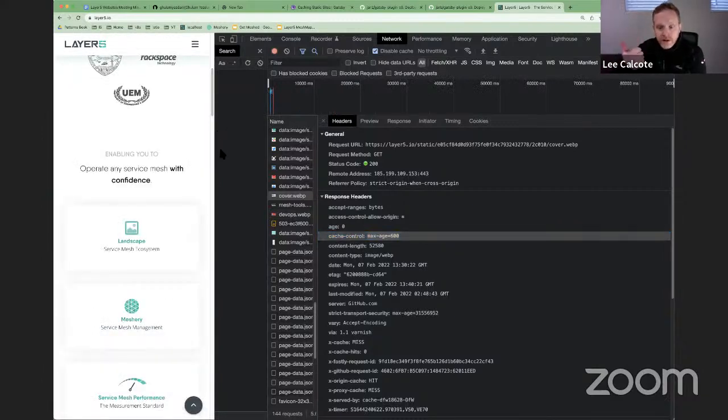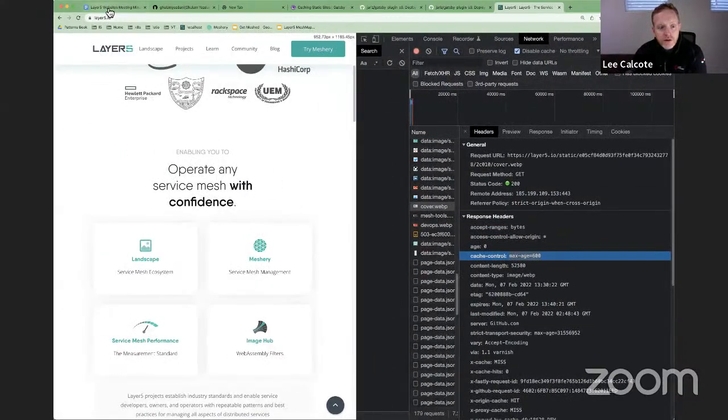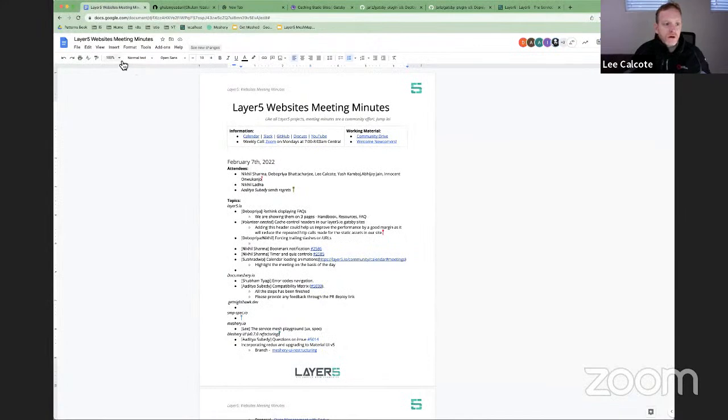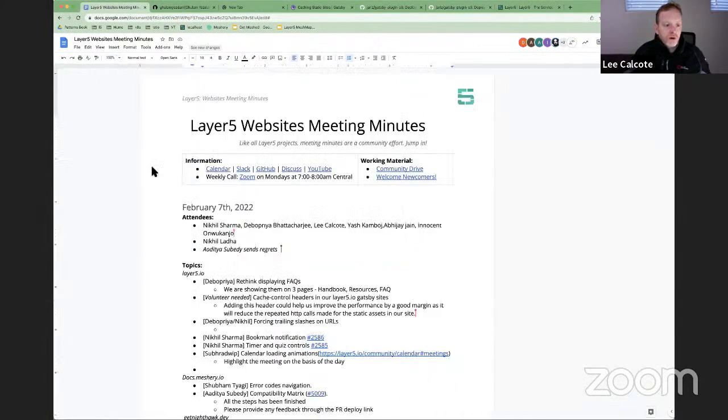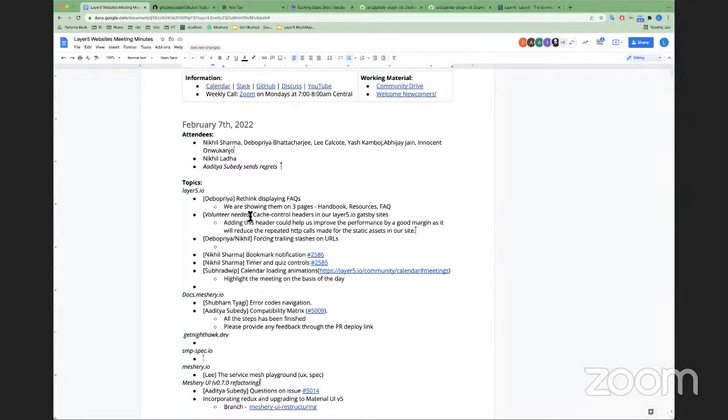Okay, good. I think we've qualified at least one thing that can be done. It's like, hey, how do we ensure that all images have a much higher cache control set? Amit, any other thoughts before we move on? Does that sound manageable? Yep. I just need to look into it. I don't have experience with Gatsby. I'll look into it and then maybe get back in Slack.